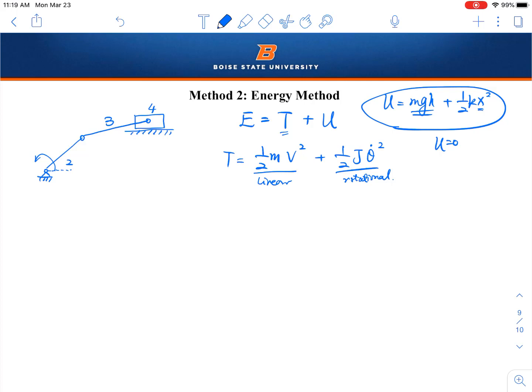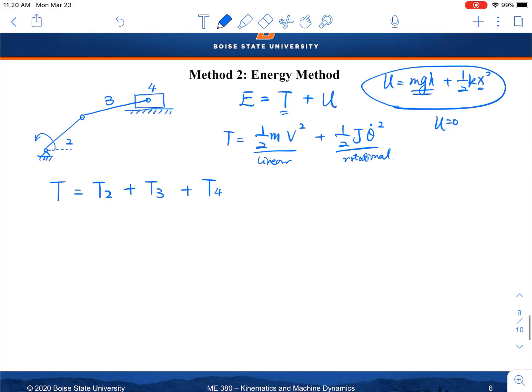So let's look at what the kinetic energy is for this system. We need to find all the linear and rotational motion. We have 3 links, and for each link we have a kinetic energy. That means your kinetic energy T equals T2 plus T3 plus T4. Let's start from the easy case, which is T4. T4 is just the linear motion of a slider, so it's half m4